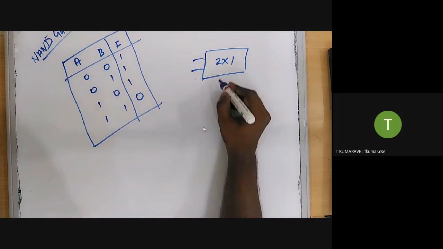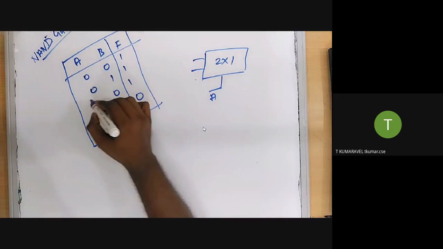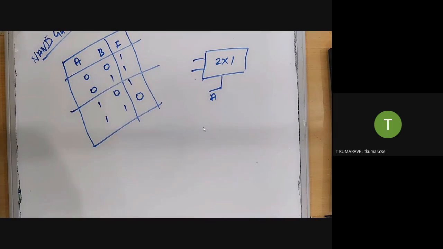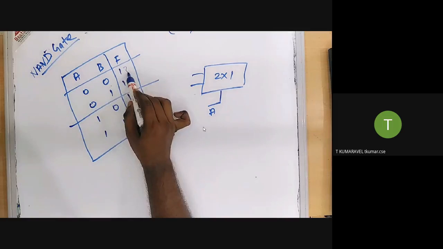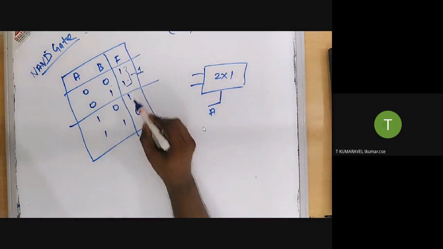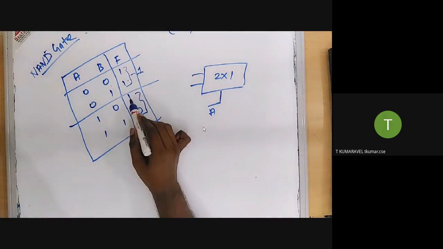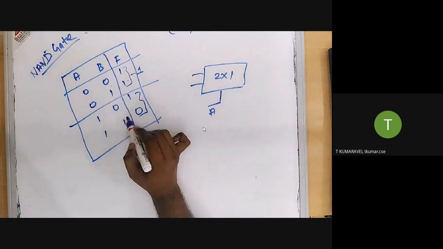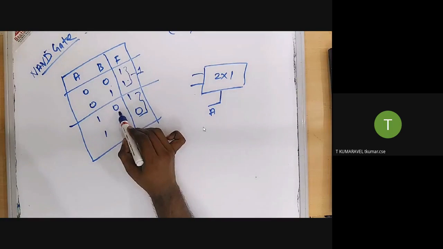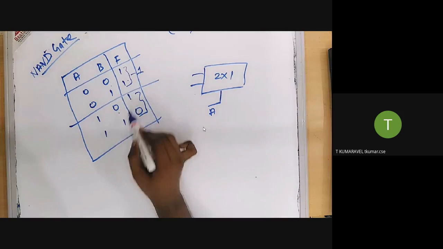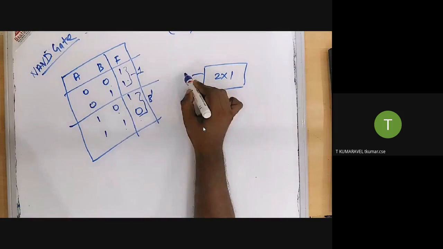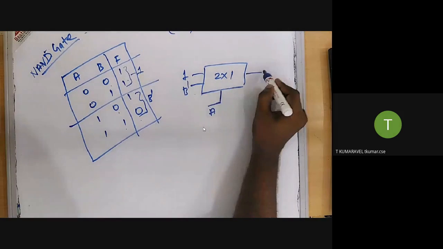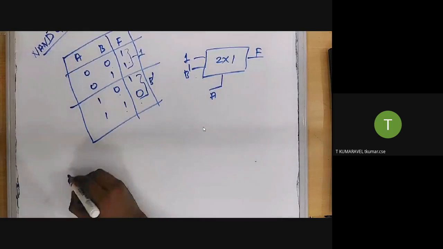One of the variables is acting as a control line. The remaining variable is acting as a data line. B is acting as a data line. The function value is mapped with B. Here both of the outputs equal 1, so this indicates 1. In the next case, output equals 1, 0, whereas B value is 0, 1. If B equals 0, output equals 1. If B equals 1, output equals 0. This is nothing but B complement. So 1, B complement.